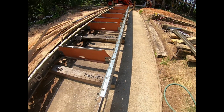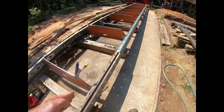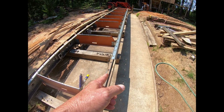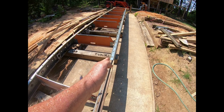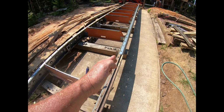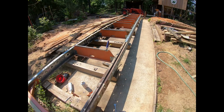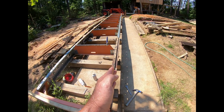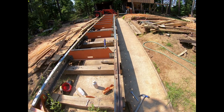So now what I do is I come in and I slip my rails back in. Right, I don't touch it. I take a maxed out credit card or something, and I put the credit card there, and I just kind of slide it through, making sure that I've got at least that credit card's worth of distance off the wire. What that's going to do is it's going to show you